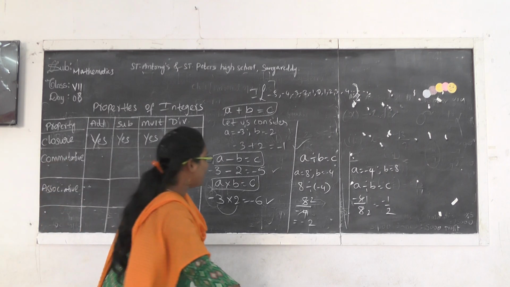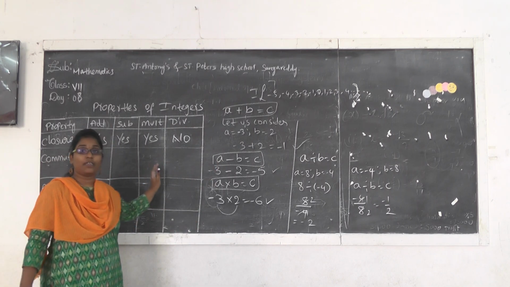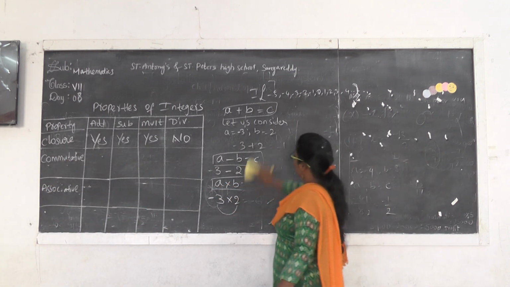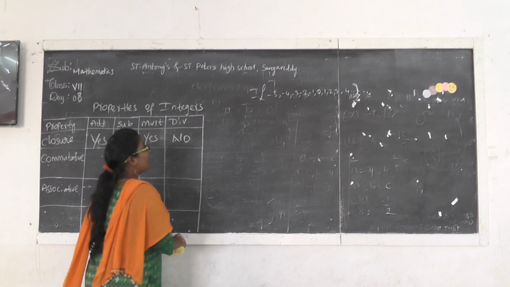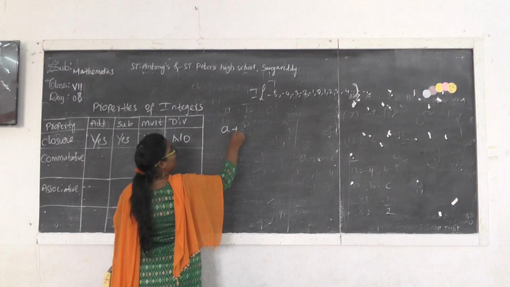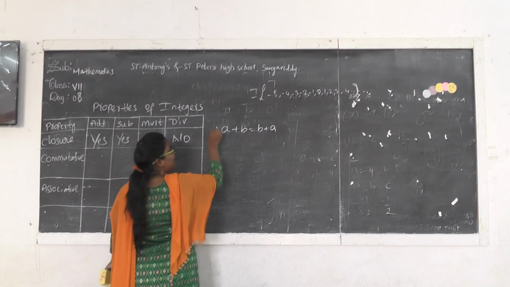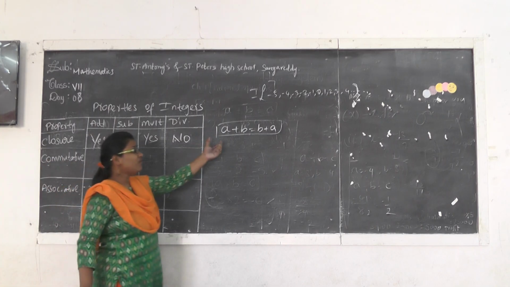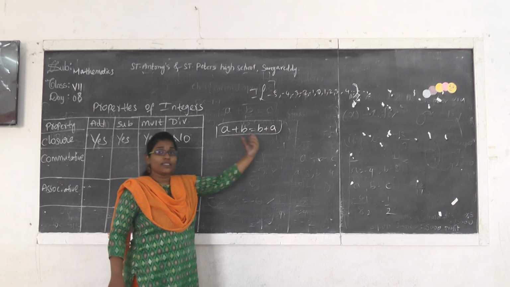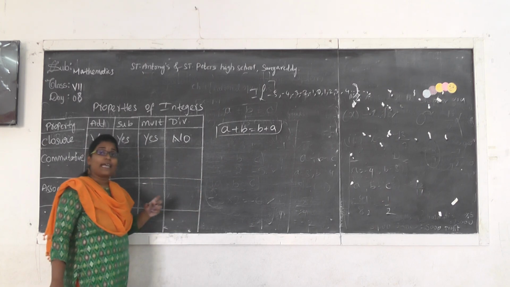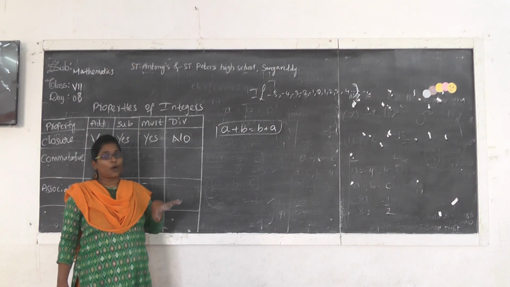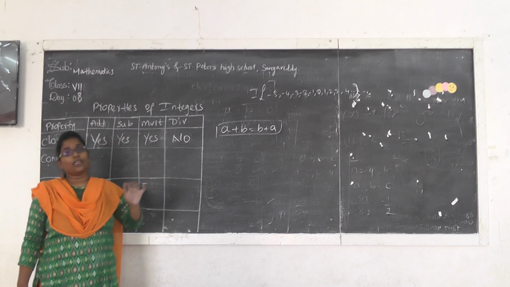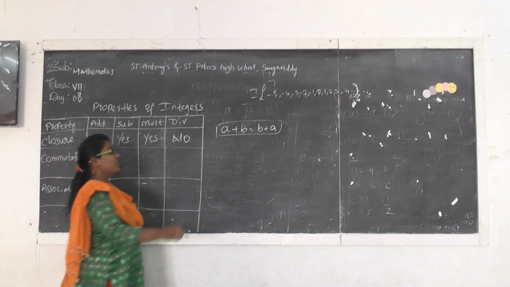What is meant by the commutative property? Whether it will satisfy under addition, subtraction, multiplication and division or not. Let's check now. So, commutative property under addition is nothing but A plus B equal to B plus A. Here, the result we get, the LHS side should also be equal to the RHS side. If both LHS and RHS are equal, then the property is satisfied under addition. If the LHS and RHS are not equal, then the property does not satisfy under addition.